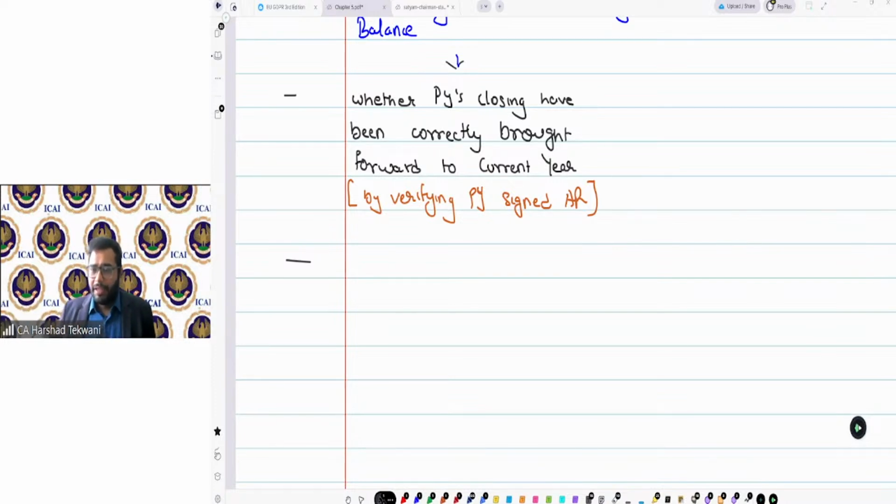Till this particular year, there was no audit done. There was no audit requirement. So this is the first time it is being audited. How will you make sure of that? There is no last year audit report to check the balances. First time audit, what will you do? Okay, Kriti. First time audit, what will you do?